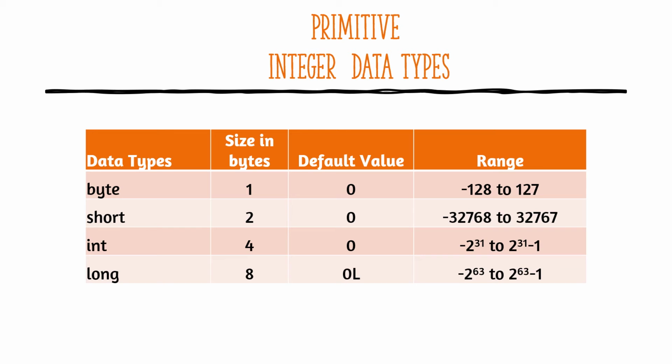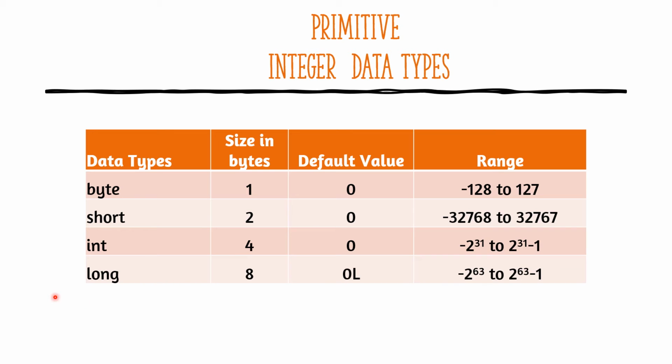If you declare a variable by using these data types, they will not be able to store a number which has a decimal point. And now how much space will they occupy? Byte occupies 1 byte. That means if you are declaring a variable, for example, byte b, it will need 1 byte of space to store it. And short 2 bytes, int 4 and long 8.